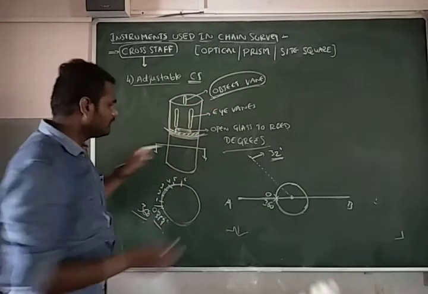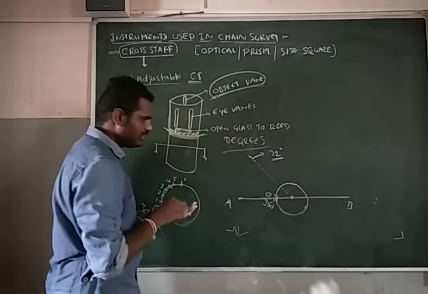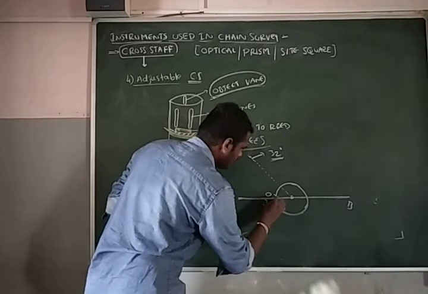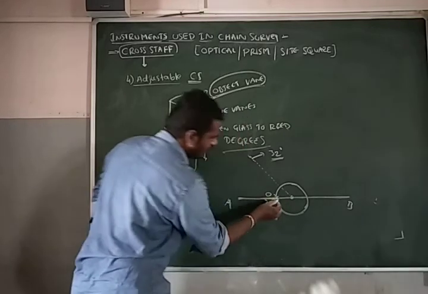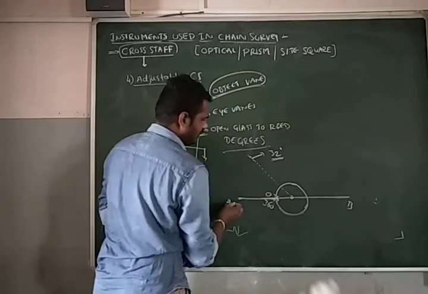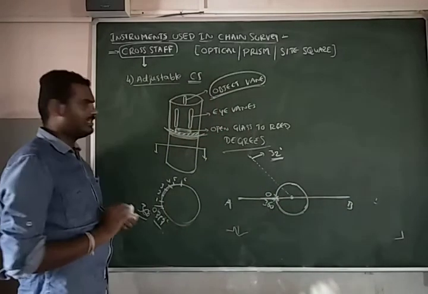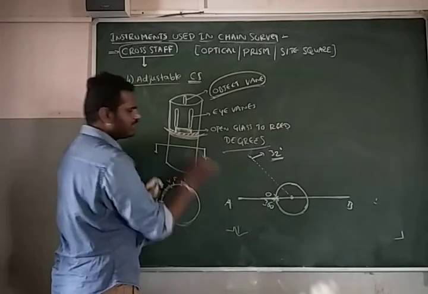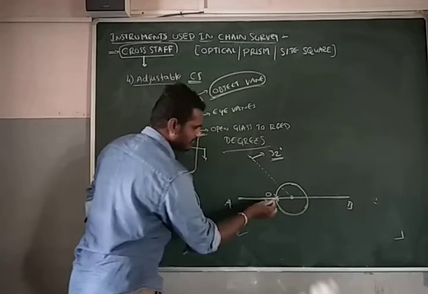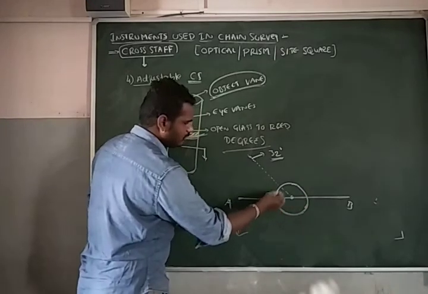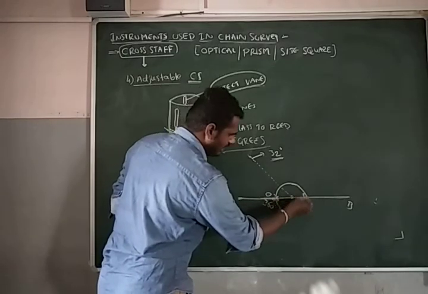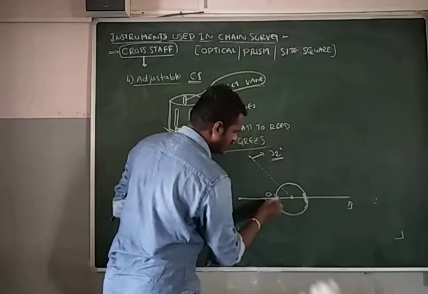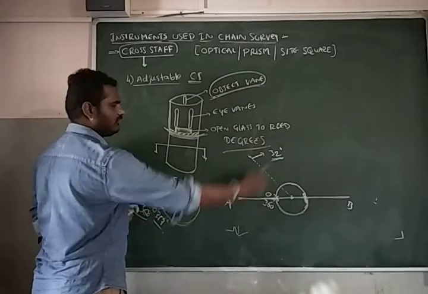Now you need to ensure that this object vane should also coincide with the line AB. So here I have an object plane, and the object plane should coincide with the center A and B, such that when you observe the reading from this open glass, you should read 0 degrees. I have an open glass somewhere else here. When the object plane is here on the top cylinder, the glass is placed here. From this you observe the reading, and you get 0 degrees, which is equivalent to 360, one complete rotation.